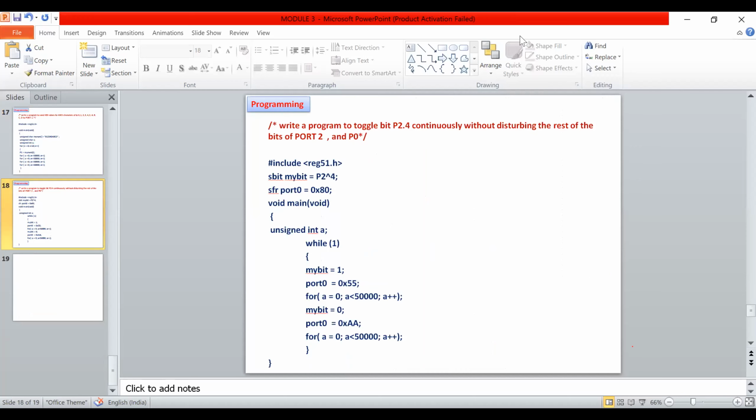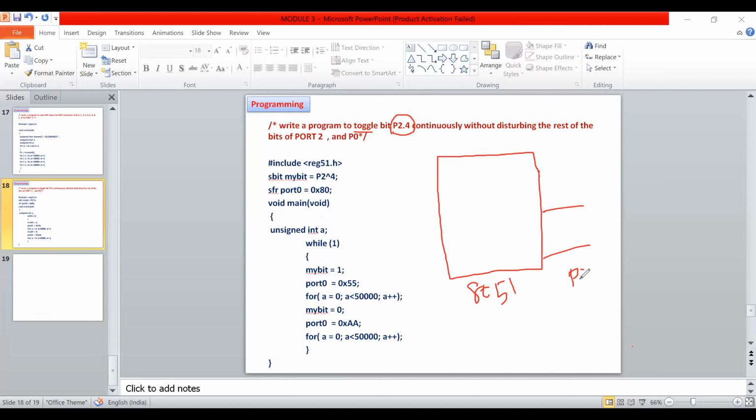Next we will see another program to execute. Here is a program to toggle one particular port pin. For example, this is your 8051 microcontroller, and let us assume this is your port 2.